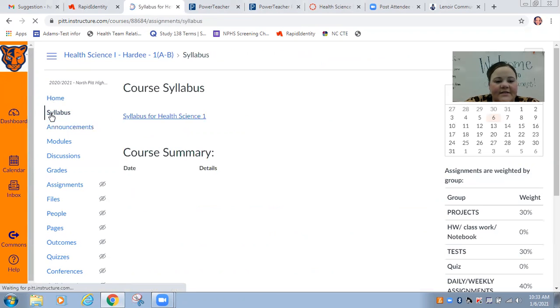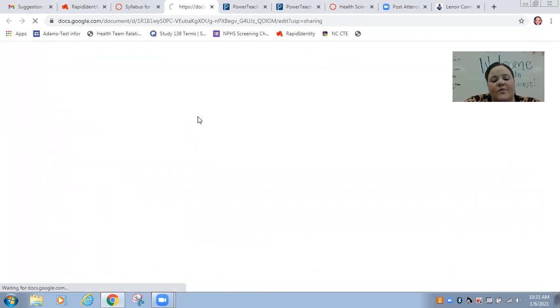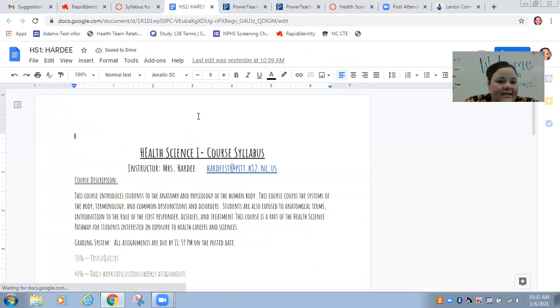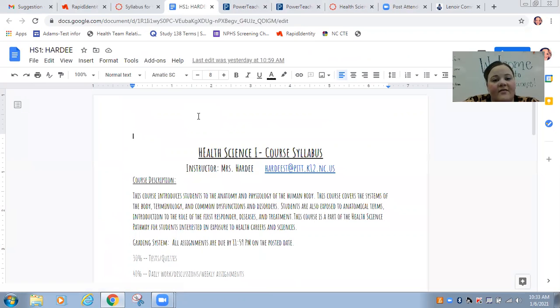Heading over to the syllabus for Health Science 1. Health Science 1, of course, is the introduction to the anatomy and physiology of the body. So the anatomy is what the parts are, the physiology is what the parts do. And then we also talk about the dysfunctions and disorders of the body. You're exposed to a lot of different things, including anatomical terms, medical terminology, first responder roles, treatments of diseases and things like that. And this class is a required course in your health science pathways, which we will talk about